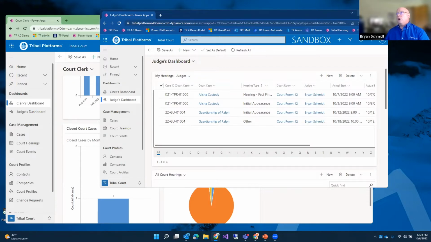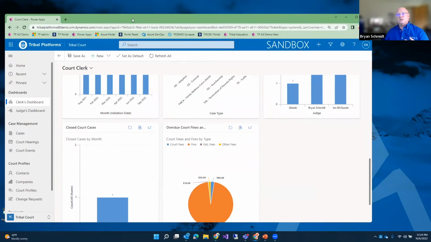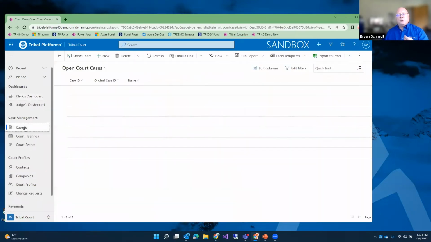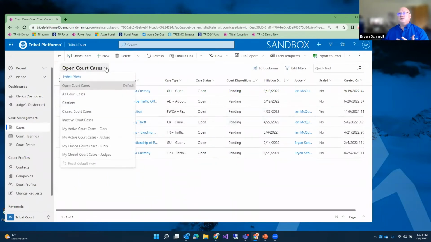So that's a really powerful aspect and capability, is that you've got the flexible way to manage access to the data.